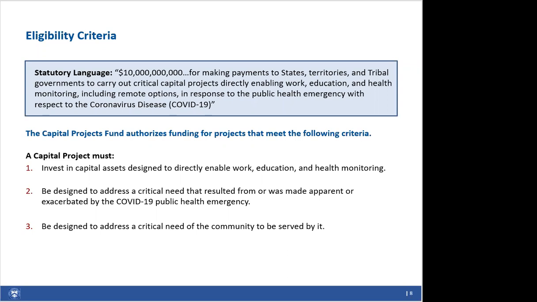To simplify the process for eligible governments, Treasury identified several use categories that are presumptively eligible so long as they align with the terms and standards outlined in the guidance. Treasury also developed a case-by-case review process for projects that don't fall into one of the presumptively eligible categories, which we'll talk about more later in the webinar. I'm now going to hand it over to my colleague Gang to talk us through these categories.